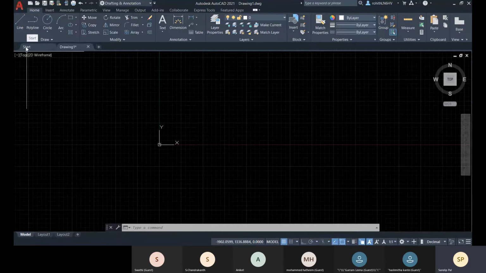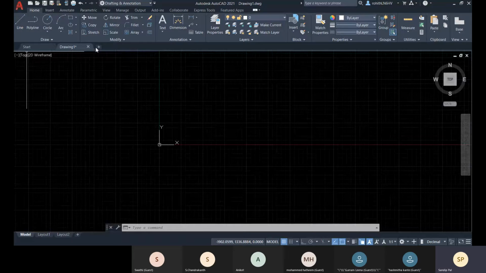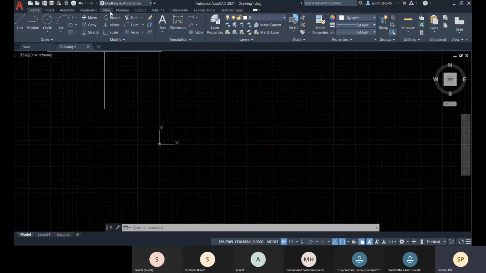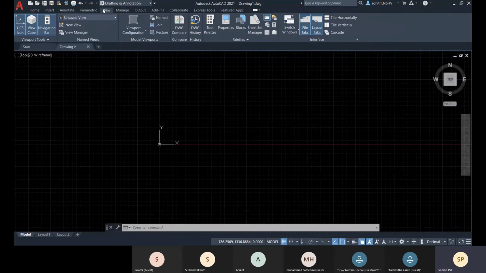Now these are your file tabs, this drawing one, and with this plus symbol you can create a new drawing, and there all the files will be listed. So this file tab is active right now. If you don't have this file tab, come to this View tab.